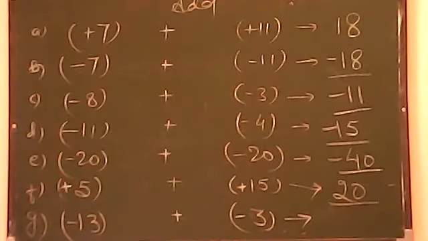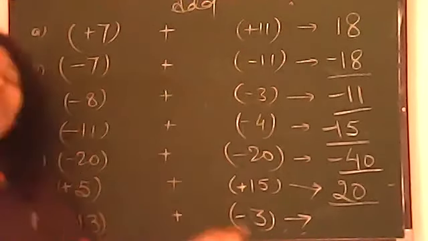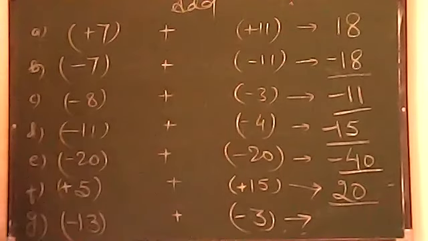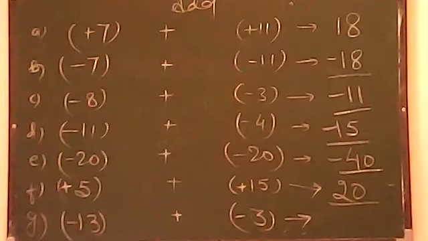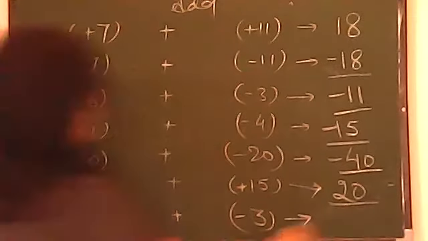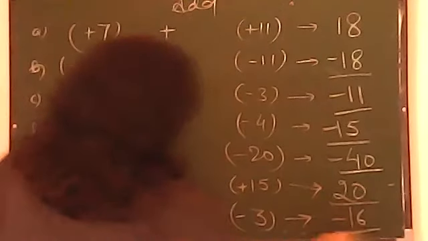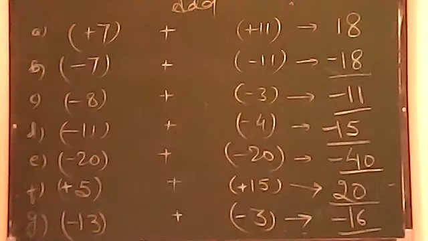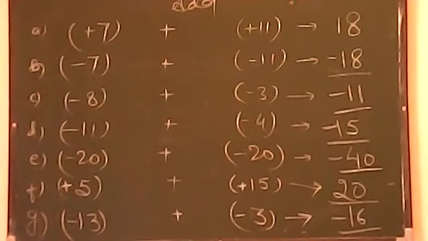Now last but not the least, here you can see you had 13 negatives. I gave you 3 more. पहले से आपके पास 13 नेगेटिव थे बेटा, मैंने आपको 3 और नेगेटिव दे दिए. I gave you 3 more negatives. So now total will be minus 16 negatives. Okay, 13 and 3 मिला करके हो जाएगा 16 and both were negative. So all total the sign will be negative only.